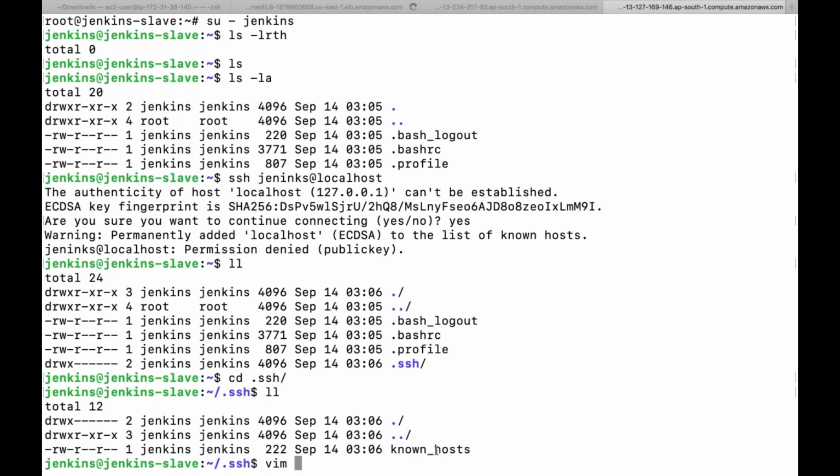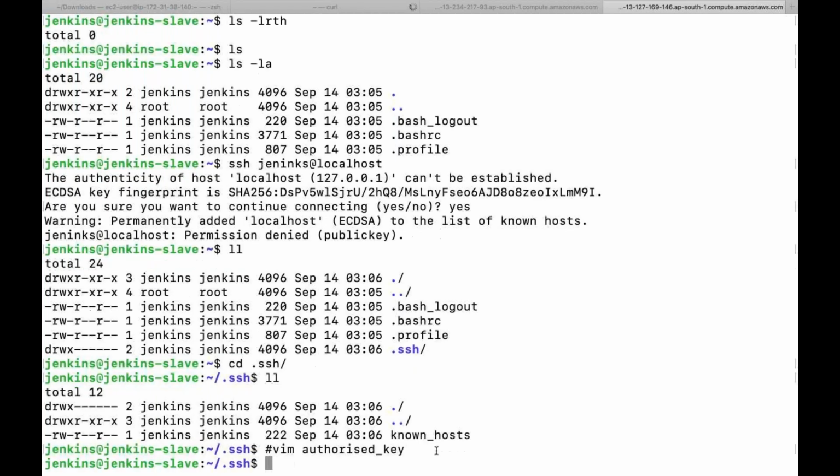So what I'll do here is create a file authorized_keys. Now there is a particular problem: whether it is spelled with an S or a Z, there are two possibilities for authorized_keys. Ideally I could say the spelling is right, but what the actual file name has to be is something to discuss.